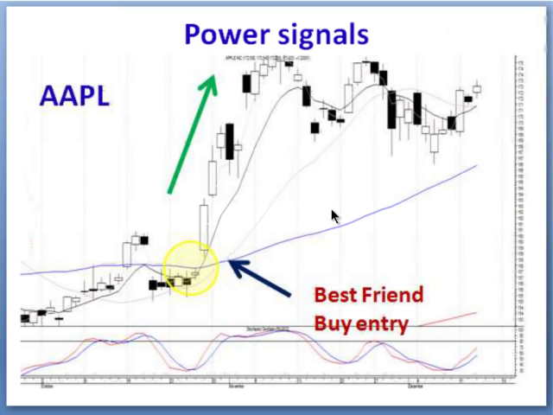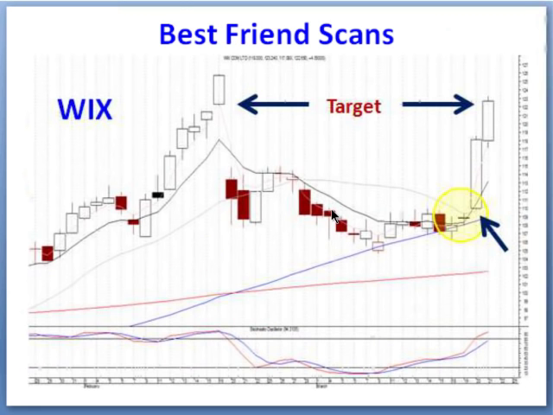Two days ago, yesterday, we got into wicks because there was your doji gap up, best friend, coming out of a fry pan bottom off the 50. We were buying calls right here. As you can imagine, the first target being filled up here at the gap, we've got some excellent profits in that trade. So what we're essentially looking for